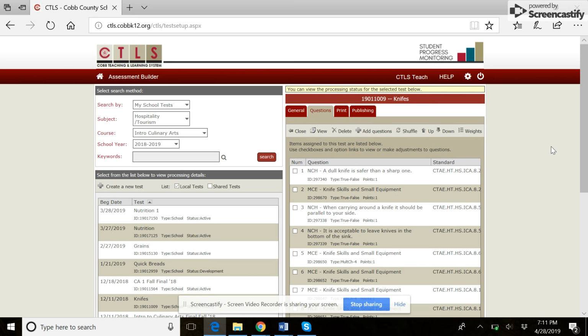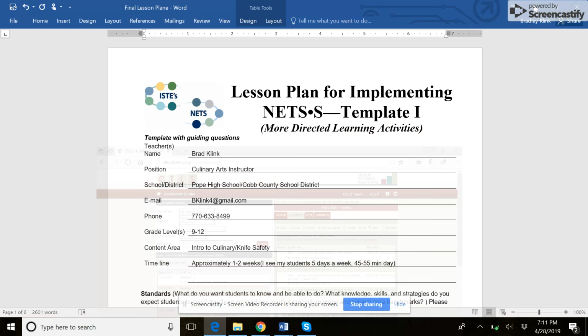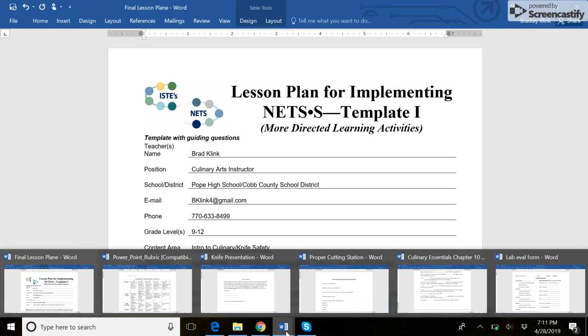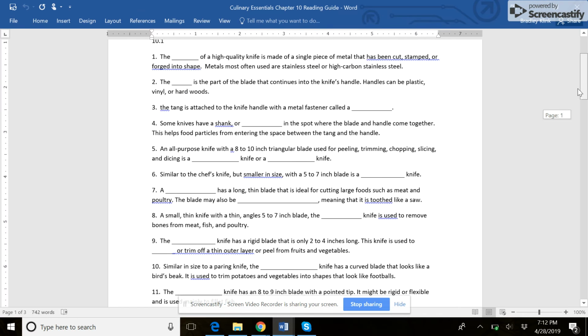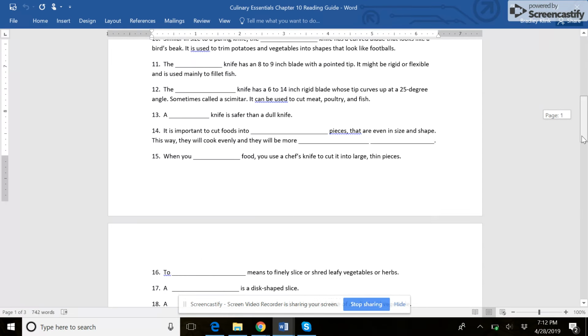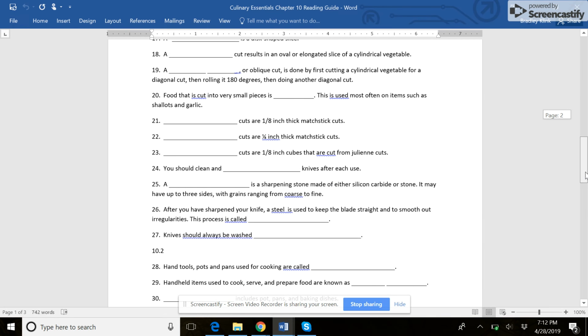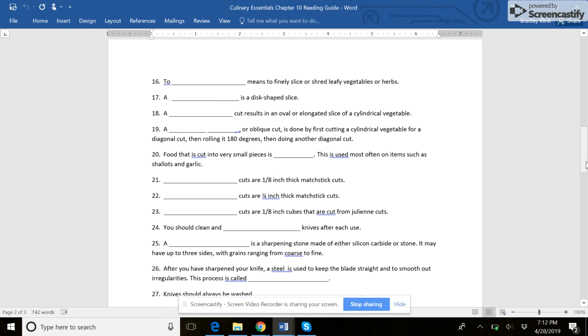So it's really great. I use this for my post-test and my pre-test. Like I said, I can compare the understanding of what the kids know prior to going into the kitchen. The first thing I do with my kids is I give them a reading guide. A reading guide is very similar to vocab in that it gives them a little bit of an idea as to